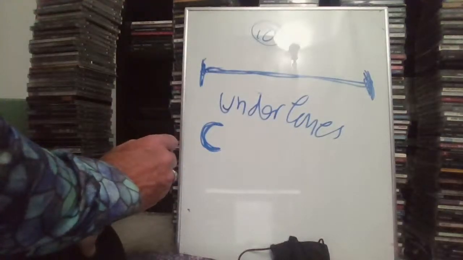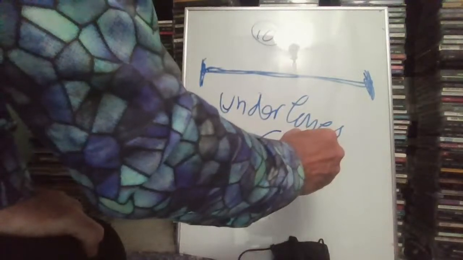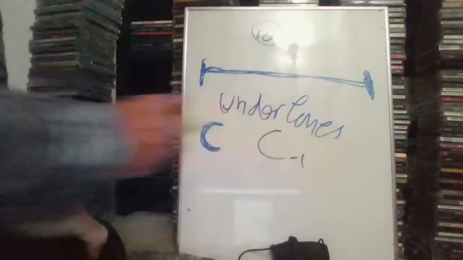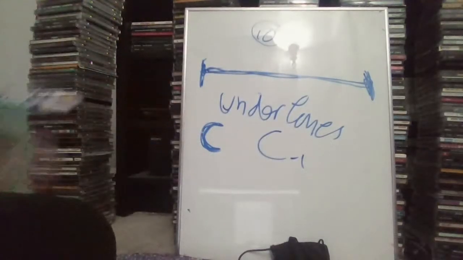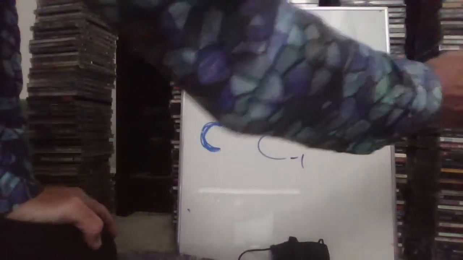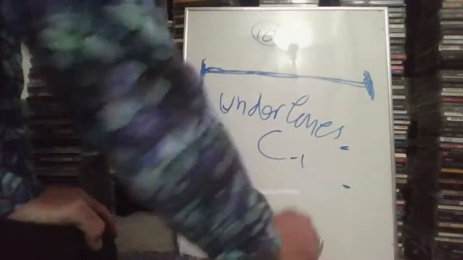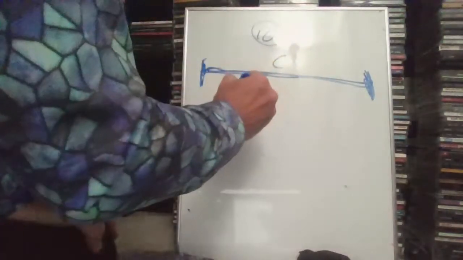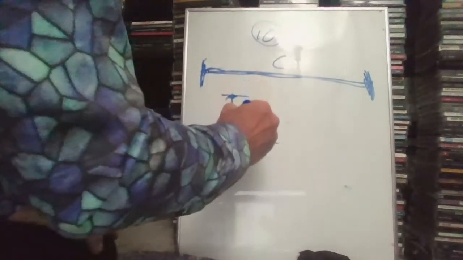If I double the length of the string, I would have a C minus 1, a C that's half the frequency of the first C, because the imaginary length went up by 2. The imaginary frequency would be half that, and half the frequency is an undertone. So here you have a C. Let's say this is a C right here at this frequency.